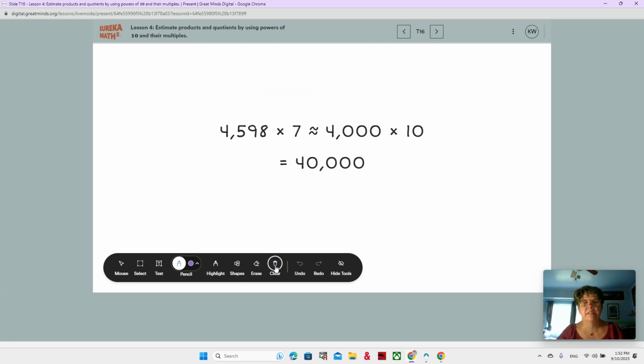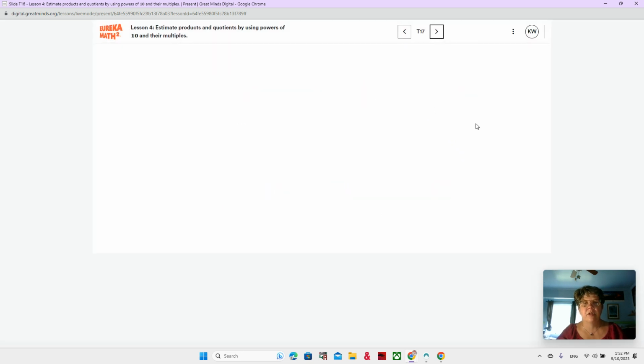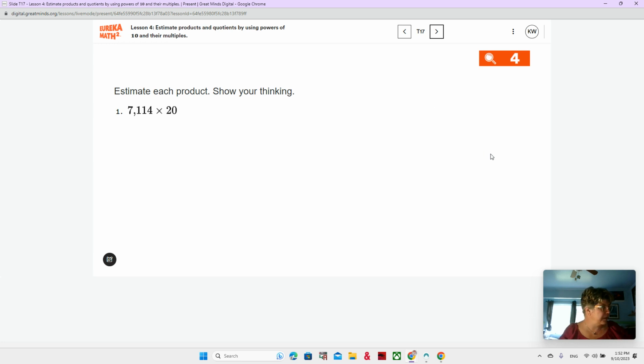Let's clear this and go to your books. All right, so you want to go to your book, page 37 in your Learn book. Page 37, it's going to look like this. It has the magnifying glass. And you can see we have a couple of problems you're going to do there, and this is for your notes. Now, one thing I want to remind you is that since we are practicing estimation, you are not going to solve the problem,